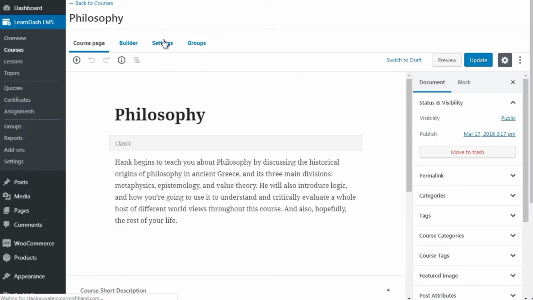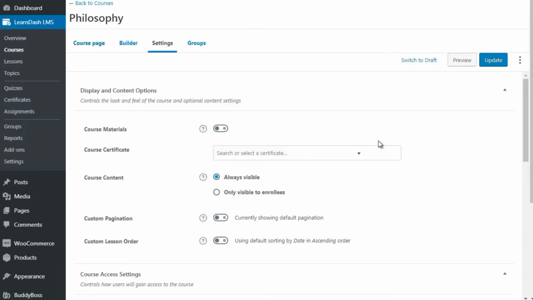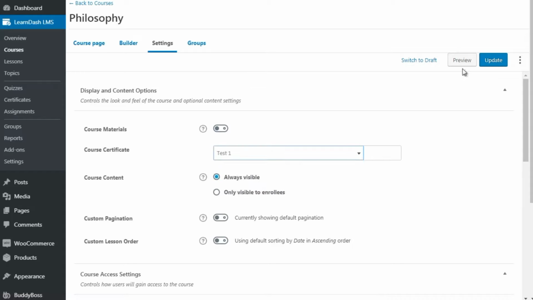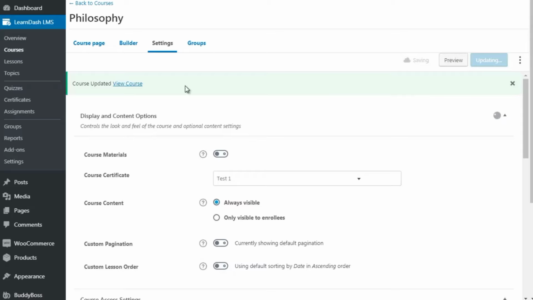So click on settings here, and it says course certificate. All right, so once you have uploaded that image, you need to go back to the courses. You need to go under the settings here and click the drop down menu. And as you can see, it says test 1. So test 1 was the certificate. So I click that, click on update. So now whenever somebody completes that course, they will get the certificate that we created with auto-generated information on that